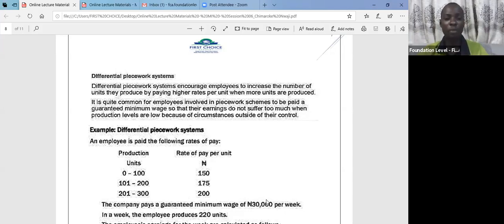Look at the example. One employee is told that he will be paid the following rates. If you produce between zero, that is, if you don't produce anything, up till you produce 100 units, I will give you 150 naira per unit. So that means that if he produces 90, he gets paid 90 times 150. Now he says, as soon as you give me